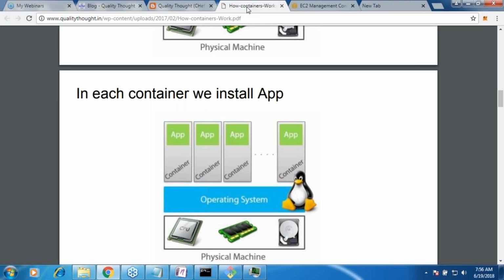Docker will try to create something which looks like this, or any container technology for that matter, let it be Docker, Rocket, LXC, anything. So what is a container now? A container is an isolated user space. Still confusing, right? So let me tell you what happens.